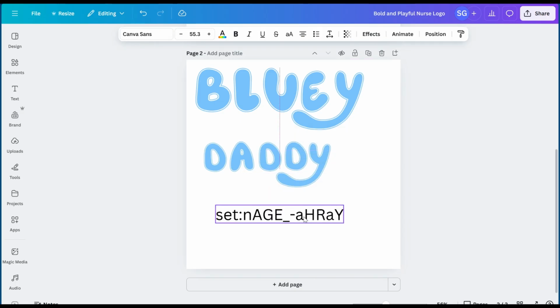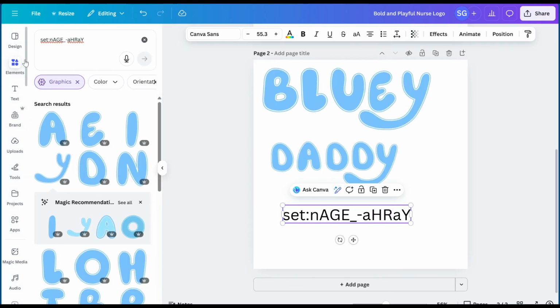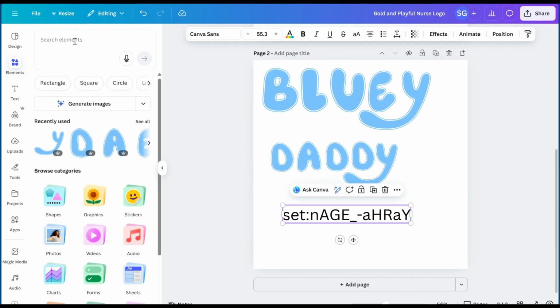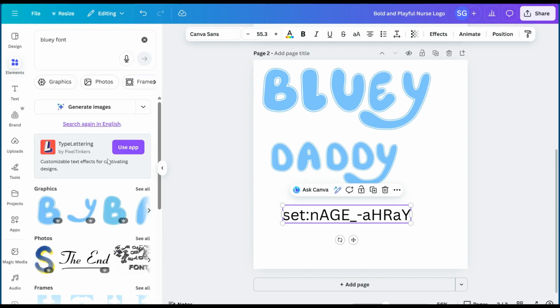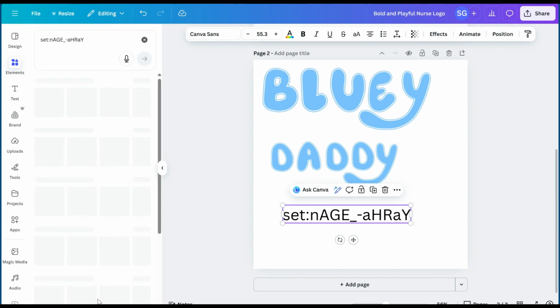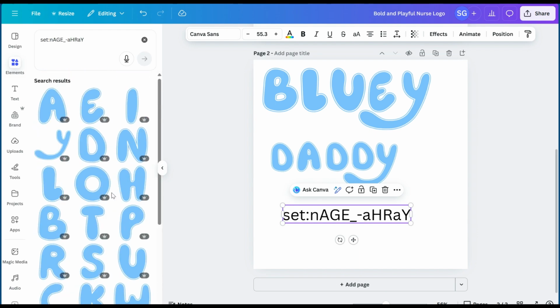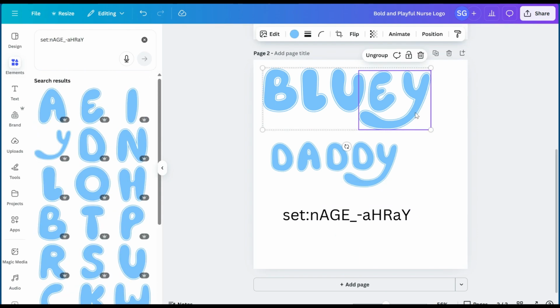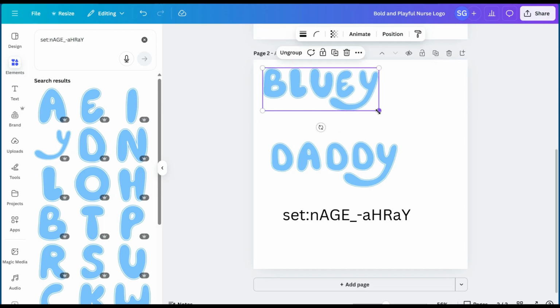Or if it's easier, you can type here at the top, Bluey font. And then it's going to give you all of these letters right here of this font. You're going to hit these three dots, hit view collection, and now you can see all of the letters in that collection. And so this is just a regular